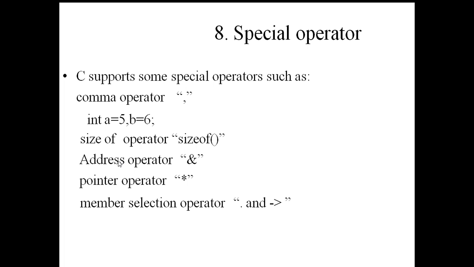And the pointer operator is also a special operator, it is used similar to the address operator. So if you use a star operator and some variable name a, it will give the value at that particular location. So star a, suppose a is a variable, and if you use star a, then this will give the value at that particular location of a, that is something like 10 or 20 or something if it is an integer. If you store the integer value, then it will give the value at that particular location.